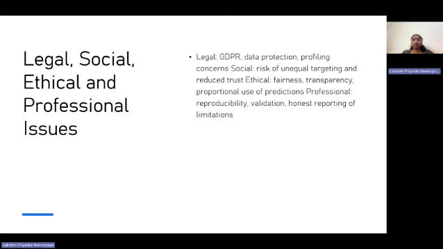Legal, social, ethical, and professional issues. This research also considers legal, social, ethical, and professional issues. Legally, churn prediction connects to data protection and profiling, especially under GDPR in real-world application. Socially, poorly designed models can lead to unequal treatment or reduce the trust in digital services. Ethically, the use of customer history must be transparent and fair. Explainability does not automatically generate fairness. Professionally, the study must remain methodologically rigorous and honest about its limitations.